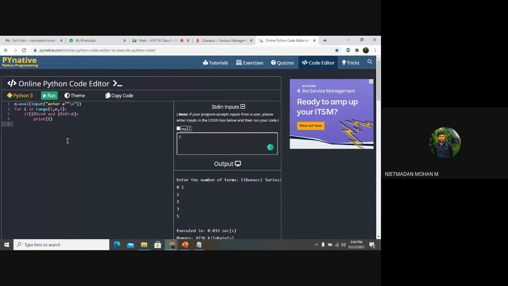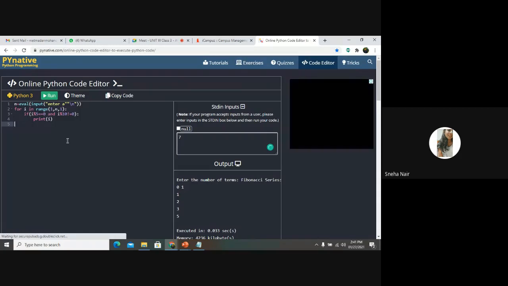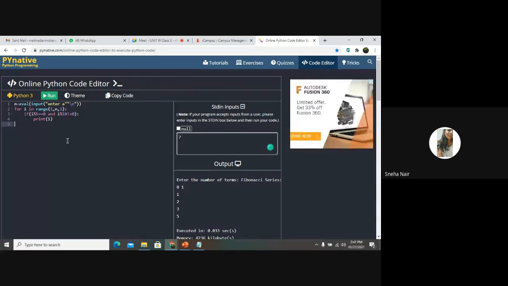If i mod 5 is equal to 0 and i mod 10 is not equal to 0, we will print i. Yes. So here I have mentioned a statement with the not equal to symbol.